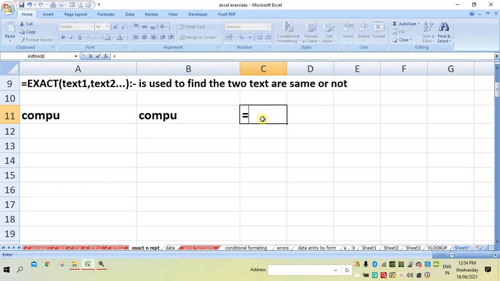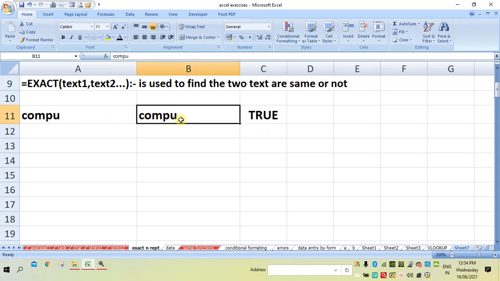So equal to EXACT, in brackets first cell, comma, next cell. I think it will definitely give you true, because compute and compute are both the same. Suppose I remove one character from this, then it will give you false, because compute is not the same as comp.